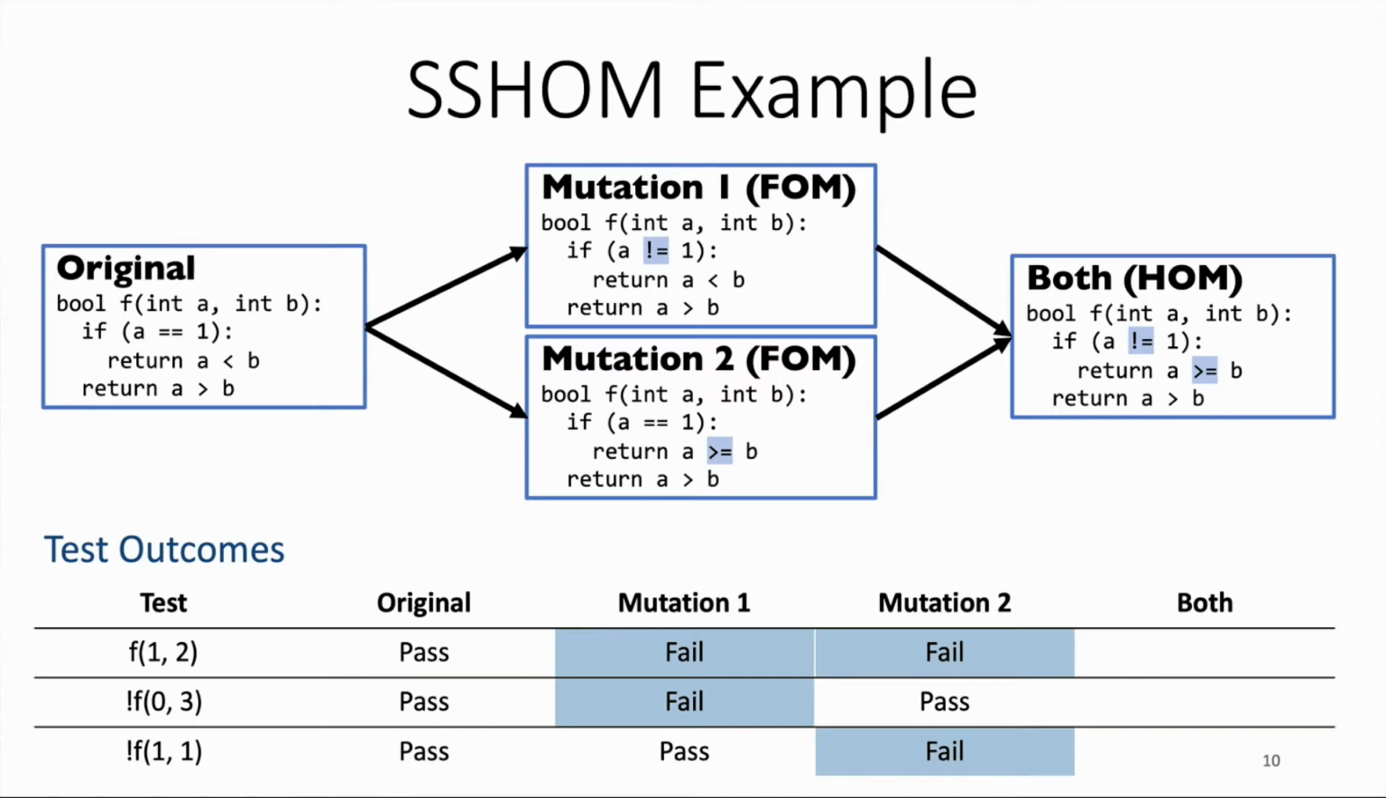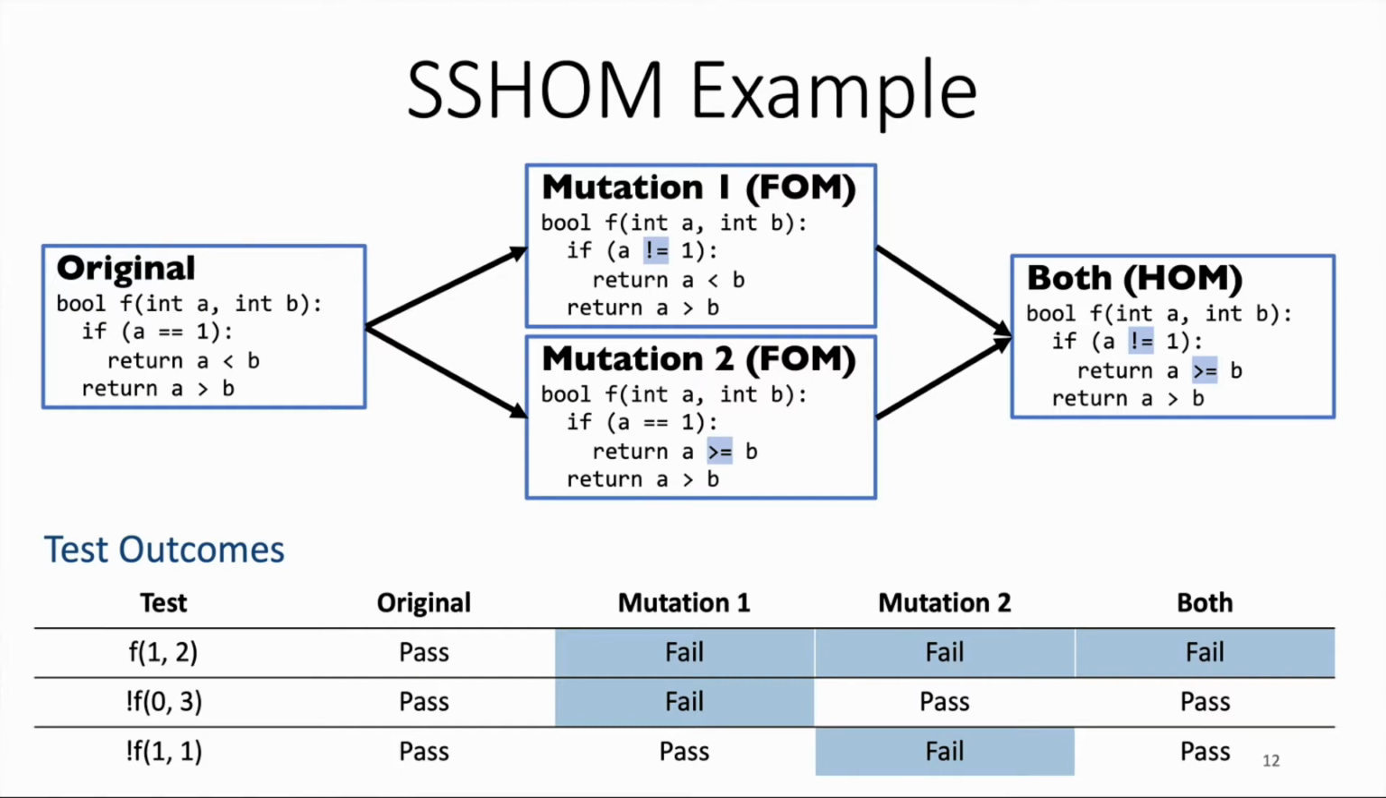Existing studies show that some higher-order mutants are easy to kill, so you might expect a case like this, where the higher-order mutant fails even more test cases than the first-order mutants. But actually in this case, the higher-order mutant is harder to kill. Interestingly, for the higher-order mutant, only one test case fails, the same test case that failed for mutation 1 and